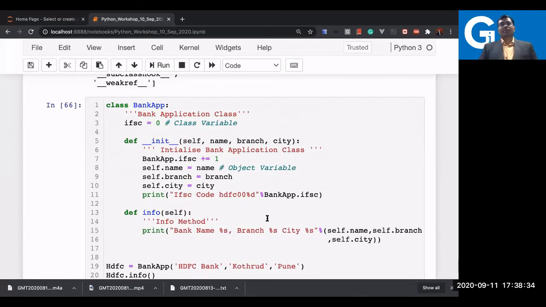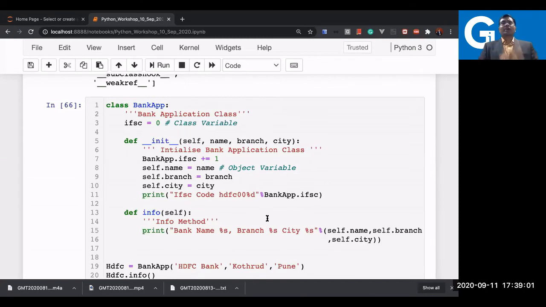I just try to clear things up here. Again, I'm summarizing for all of you who joined late. What I started with is writing the class BankApp, and then I said how the name should be. We have to follow the naming convention. I said use camel case. Camel case means B is capital, A is capital in this case. Use the same naming convention for writing the class name. And then a colon, and that way the class block starts.